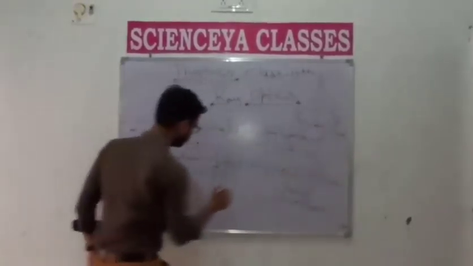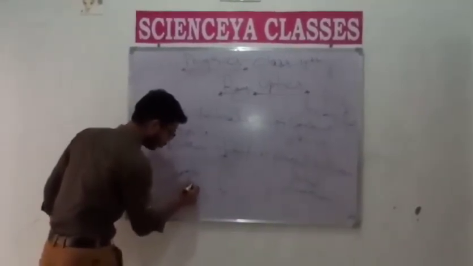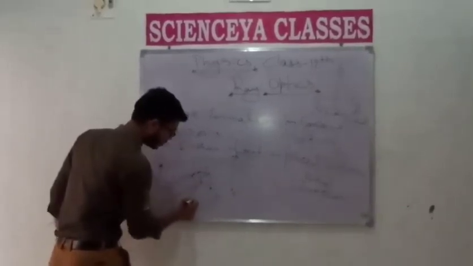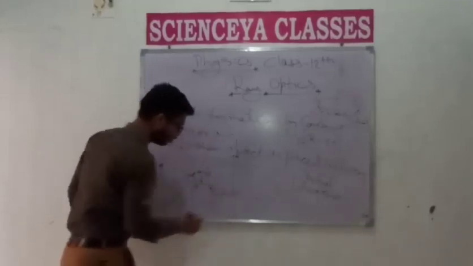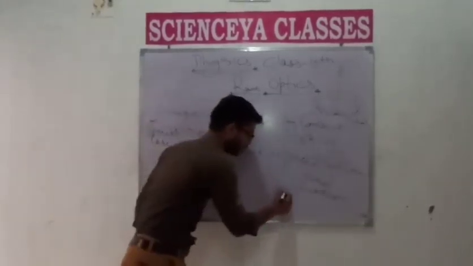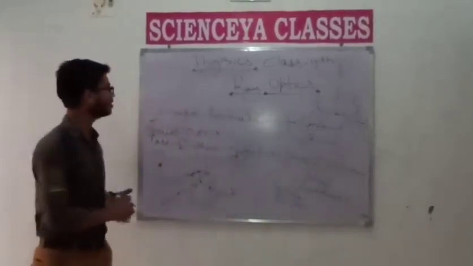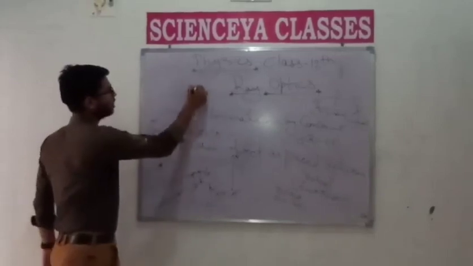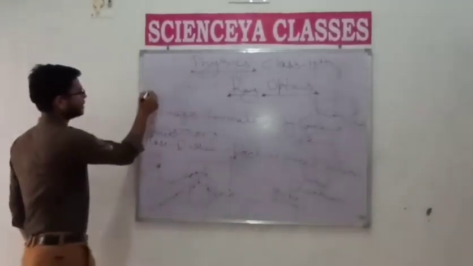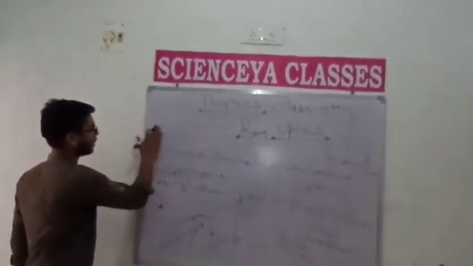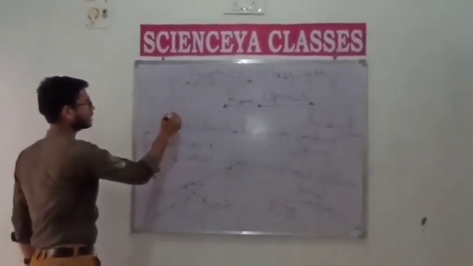But student, here note that the distance of object AB from this concave mirror is, suppose, U, and the distance of the image from the mirror at the pole is V. So here, V is positive and U is negative, like the same way as the Cartesian system that we use in mathematics. All distances measured along the x-axis are positive, and along the negative x-axis, denoted by x dash, are negative.